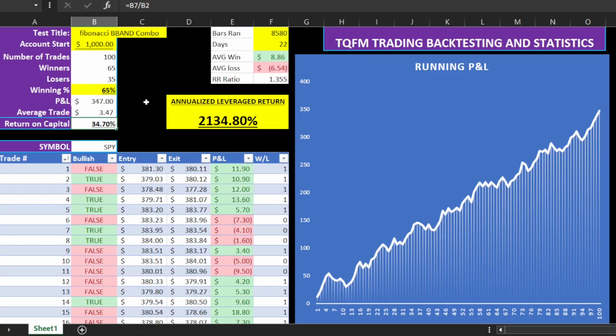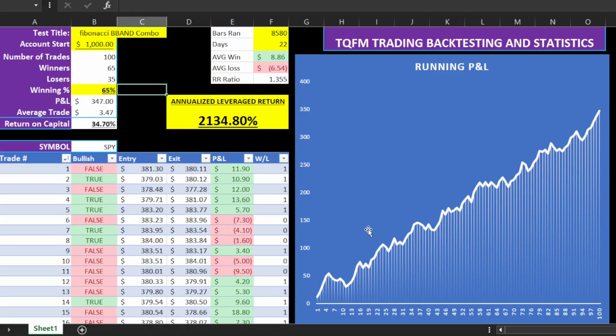That results in a return on capital of 34.70%. For an annualized leveraged return of 2,134.80%. Your average win was $8.86. Your average loss was $6.54